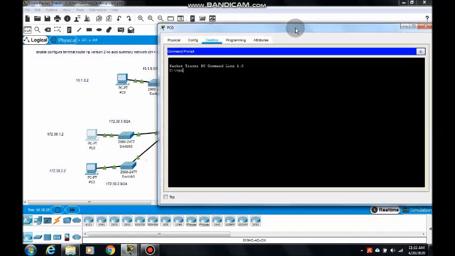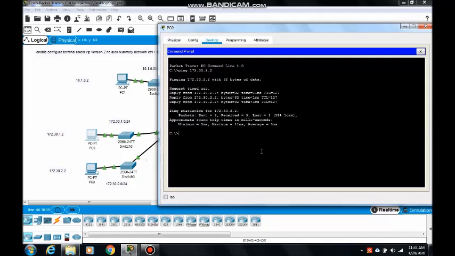So from this PC, give the ping command to 172.30.2.2, which is a PC connected in this network. The reply is up.